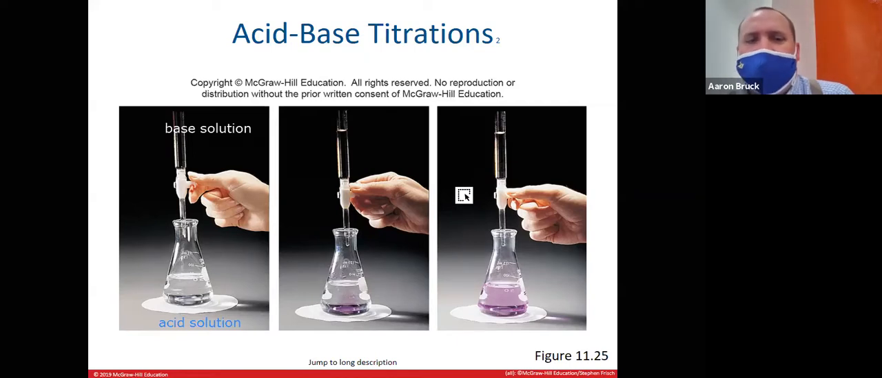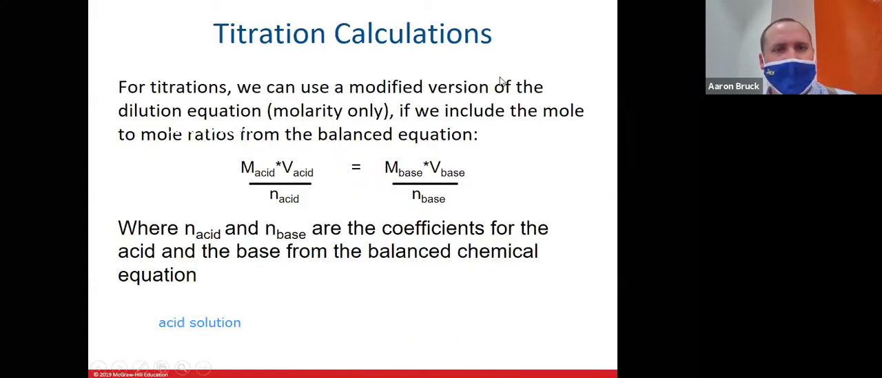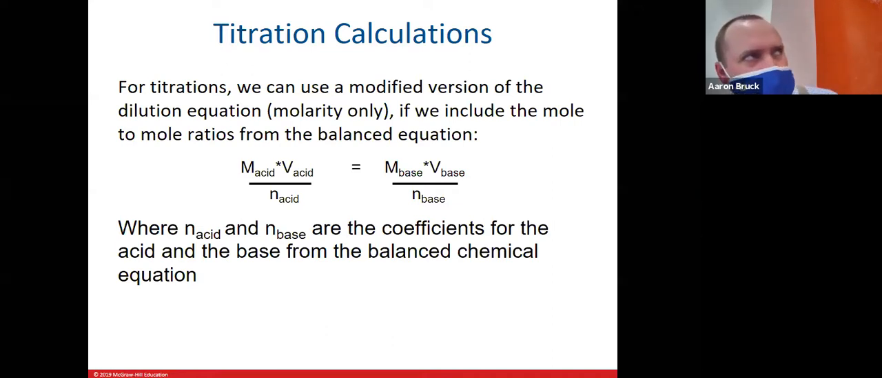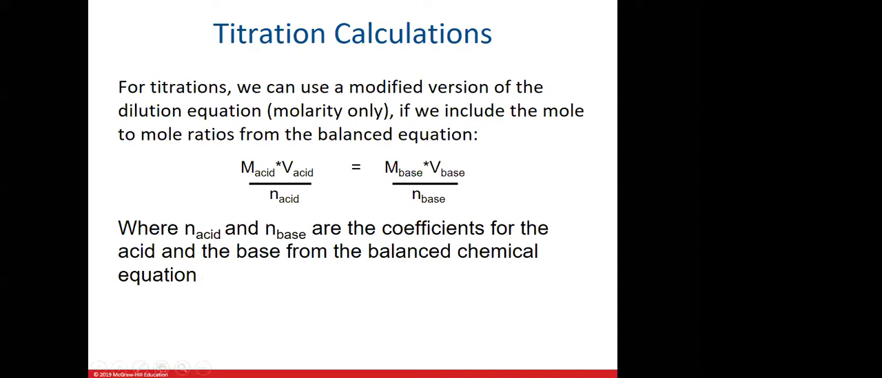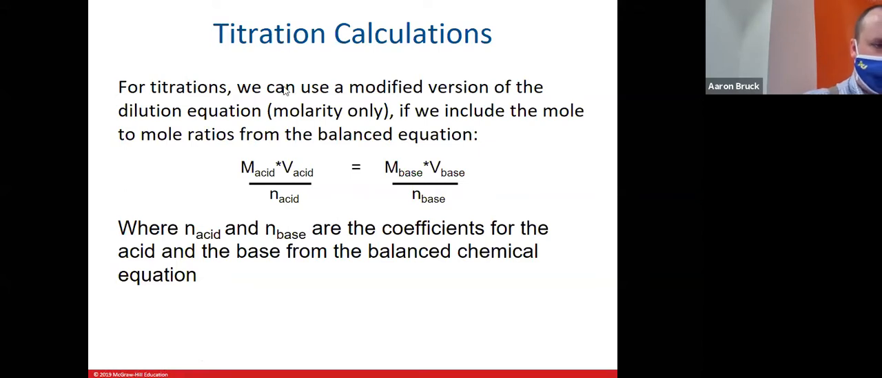Titrations are a very rigorous technique. It does take some practice to get used to doing them and doing them right. But once you get the hang of it, you can usually knock them out pretty fast. As far as calculations go, we can use a modified version of that dilution equation. So if you remember from last week, M1 times V1 is equal to M2 times V2. We can use a modified version of that if we include